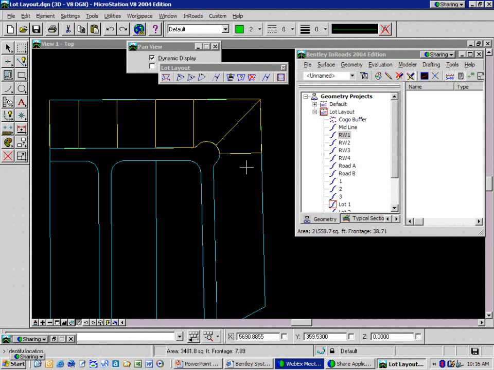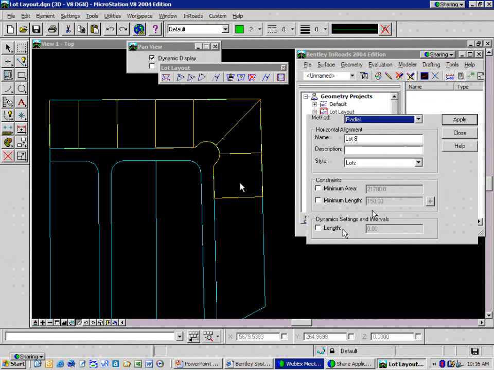We'll work our way down, and I'll just identify the side line again. You can see it's going to follow the front line in a perpendicular fashion. All right, so I'll put this one right about here, and I'll accept it. And then what I'm going to do is back out, and I'm going to show you the